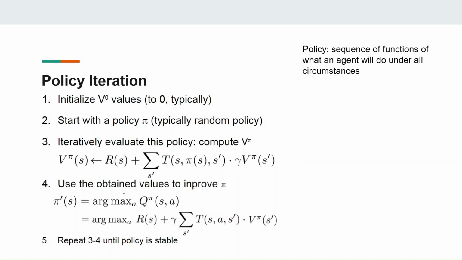And the nice thing is we now have a policy, right? Because for every state, we say, move in that direction, move in that direction. So that is the goal of policy iteration. But how do you know that the policy will be stable? Why can it not be unstable forever? Well, I mean,